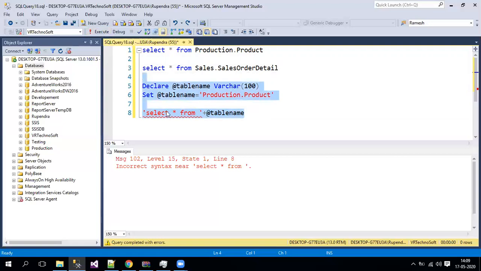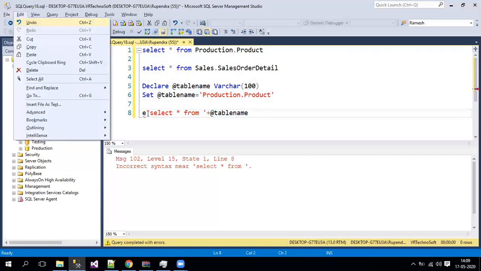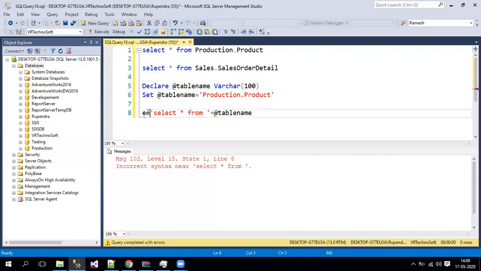So now this entire query you have to execute by using the exec command. Let me show you that: exec of the select statement in brackets.